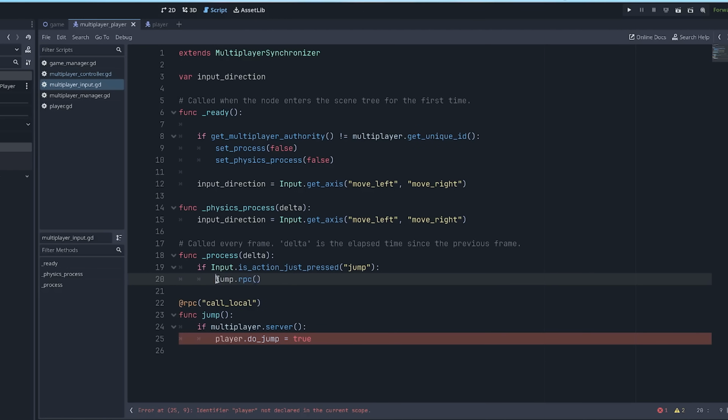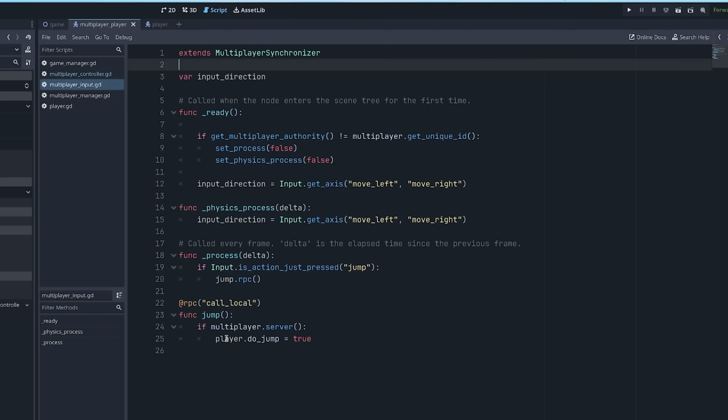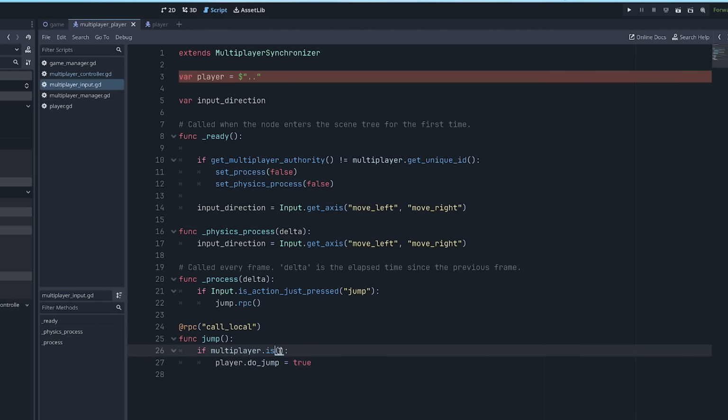And that's how you call an RPC. You put the name of the function followed by RPC. And if you had any parameters to pass, you can actually put them right here. And then of course you'd have to declare those parameters here. We also need a reference to the player object. And down in the jump function, we wrap the set of doJump to true with a call to multiplayer is